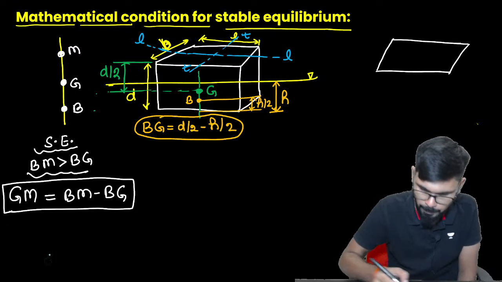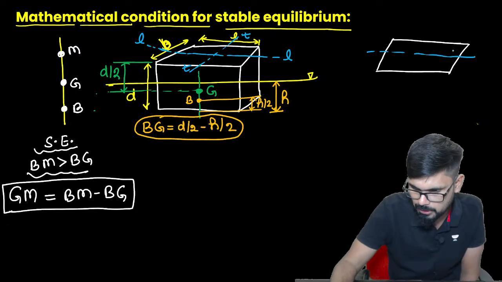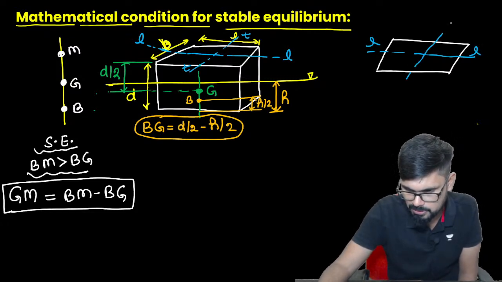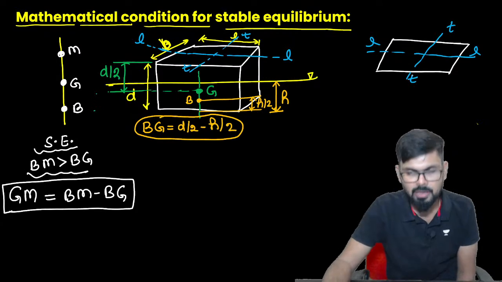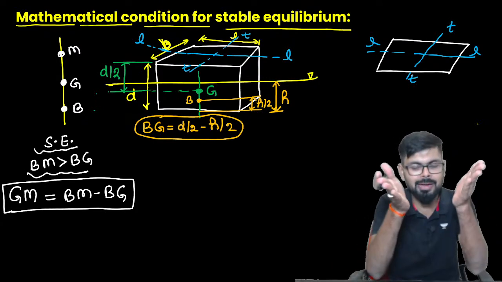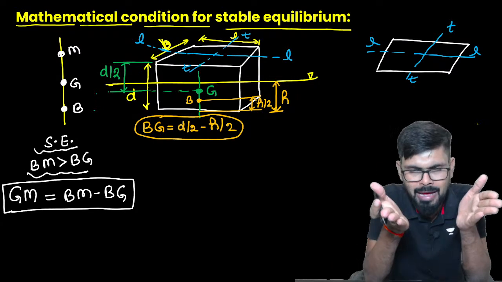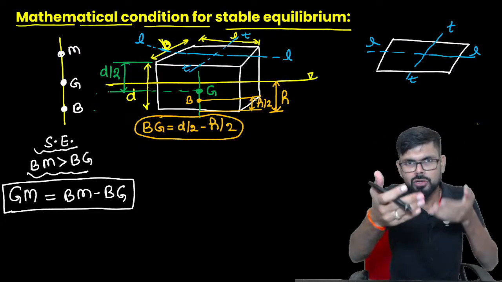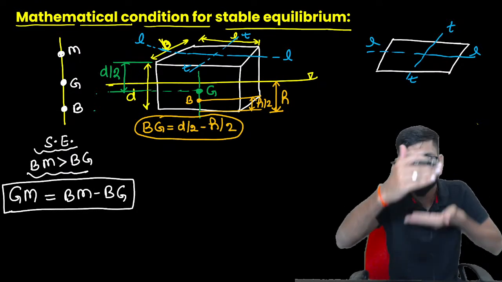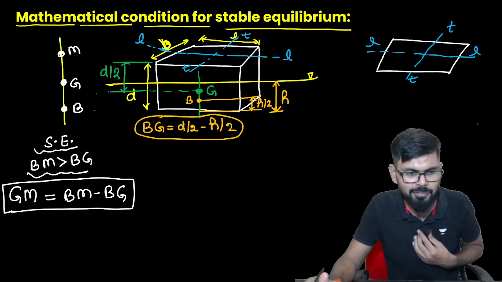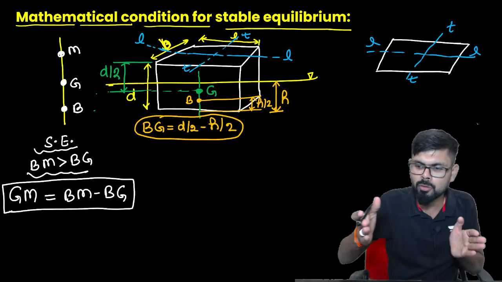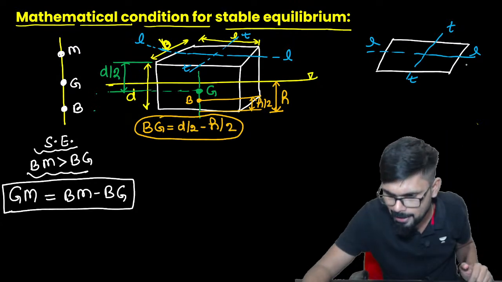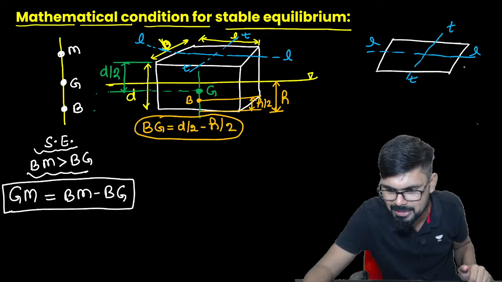Now this is the longitudinal axis L, and this is the transverse axis T. Whatever boat or block you have, it may move like this, or like this, or like this. Now, if it is moving around the longitudinal axis,